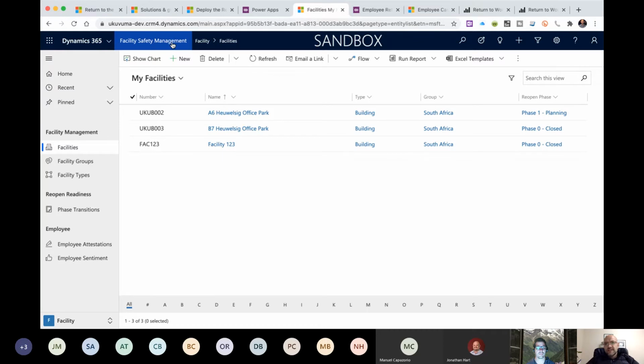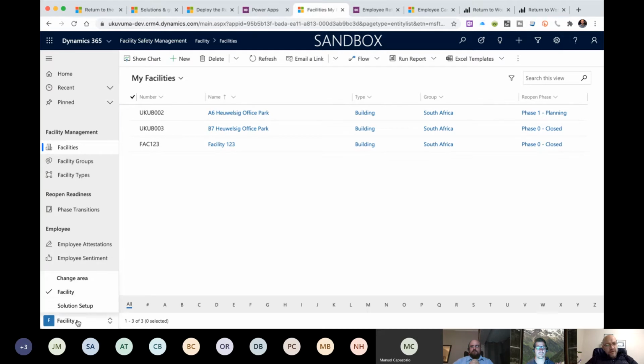And then the other side is everything to do with the employees. There you can keep track of your employees' sentiments, making sure everybody's happy and smiling and nobody's getting sick. And if there are people that have been diagnosed with COVID, you can have a process to make sure that your HR representatives and your safety representatives engage with this individual in the correct fashion. So we're going to start off with the facilities, and in the facilities application,